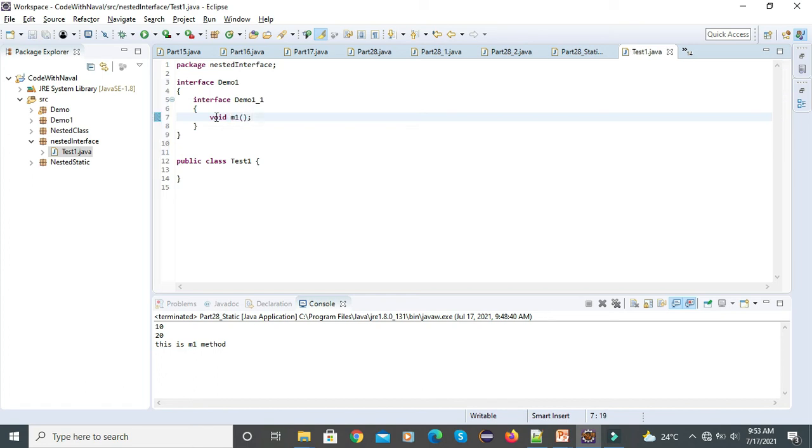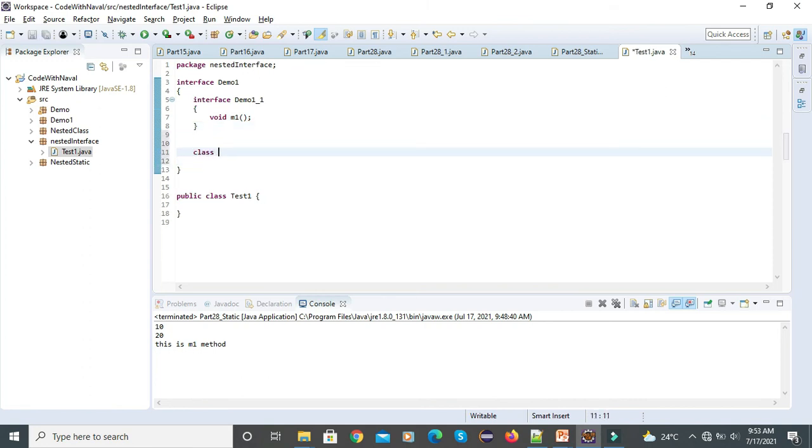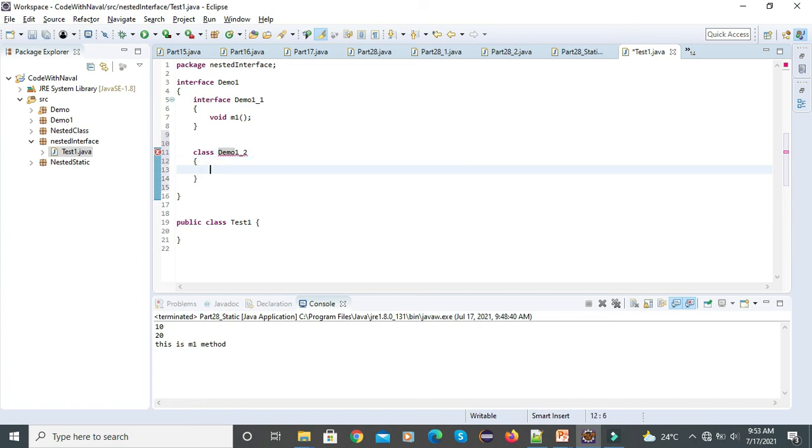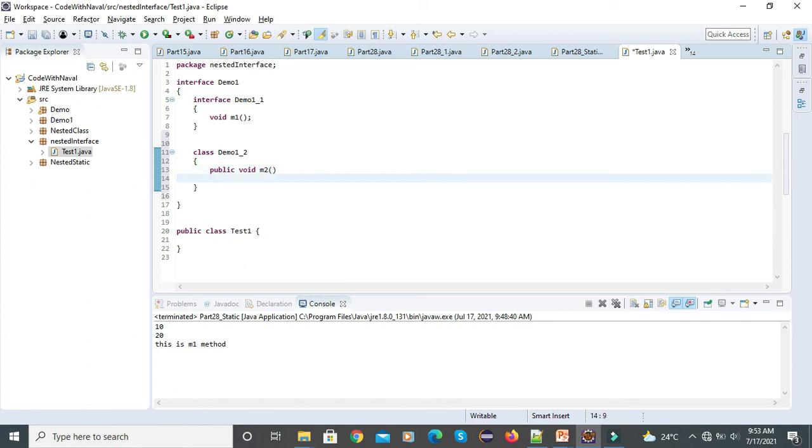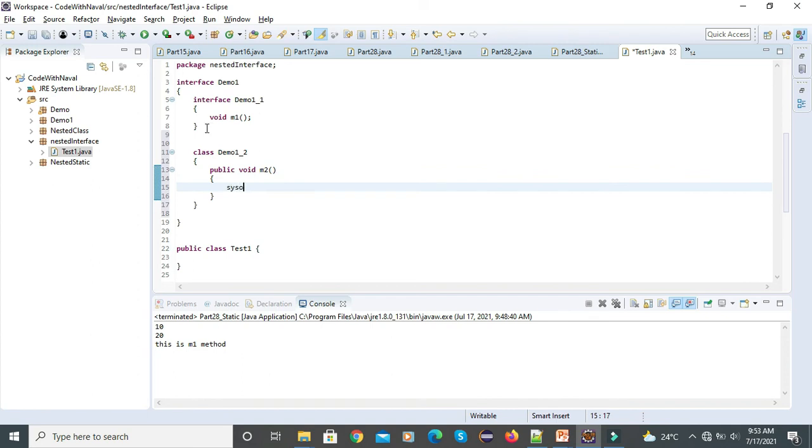Now inside this interface we will create one nested class. I'll create a class and give the class name demo1-2. This is our nested class, and here we define public void m2, and here we pass the implementation also, system.out.println, this is m2 method.